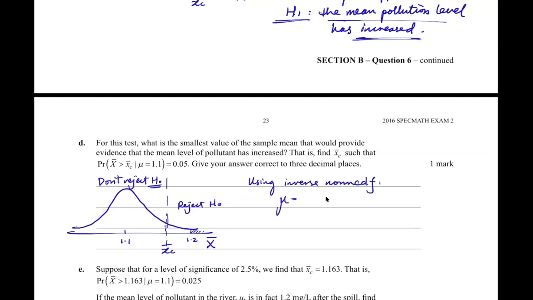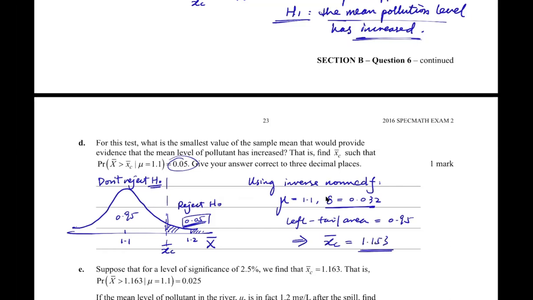Mu equals 1.1, sigma equals 0.032, using the sample mean standard deviation instead of the population standard deviation. And remember, this one is 0.05, your level of significance. So the left-hand side must be 0.95. Left tail area equals 0.95. This will give you xc bar equals